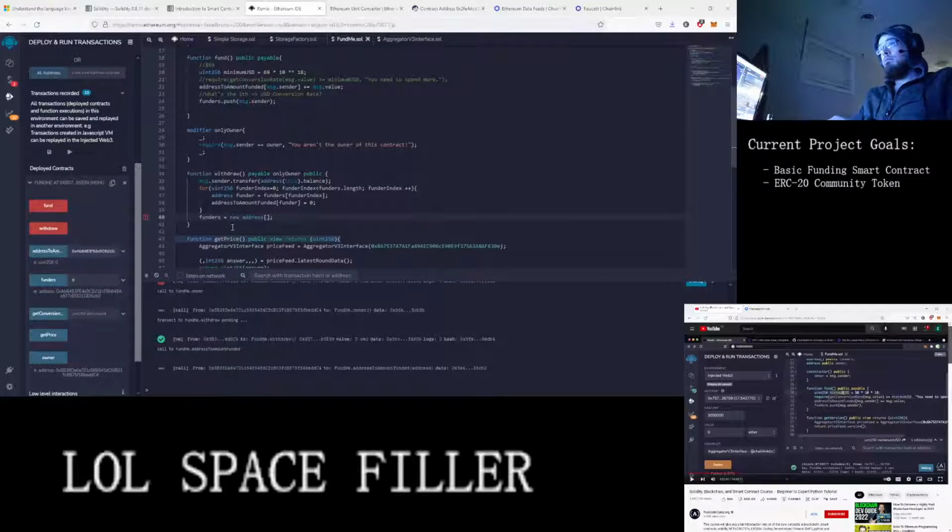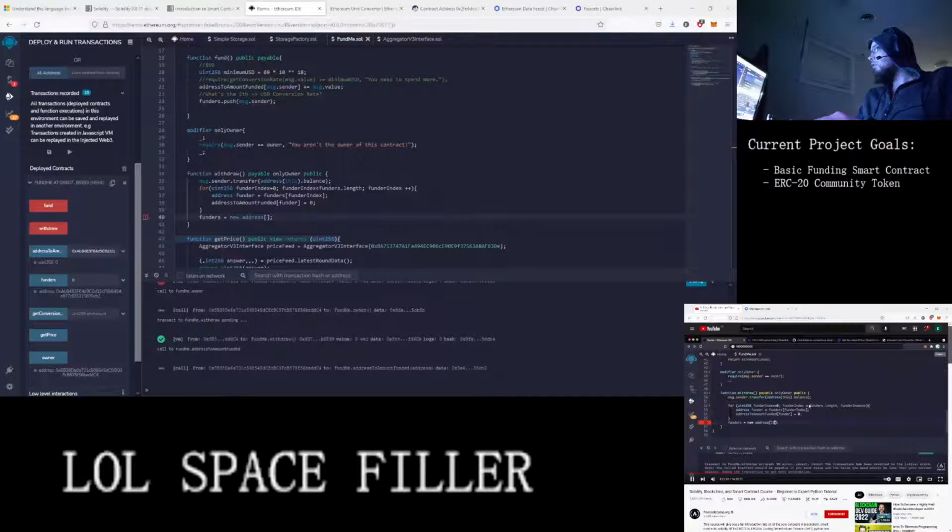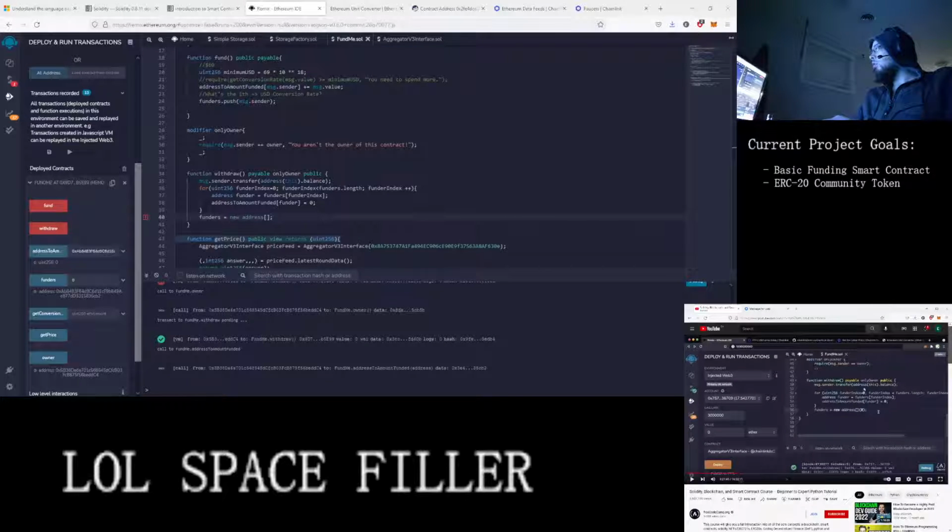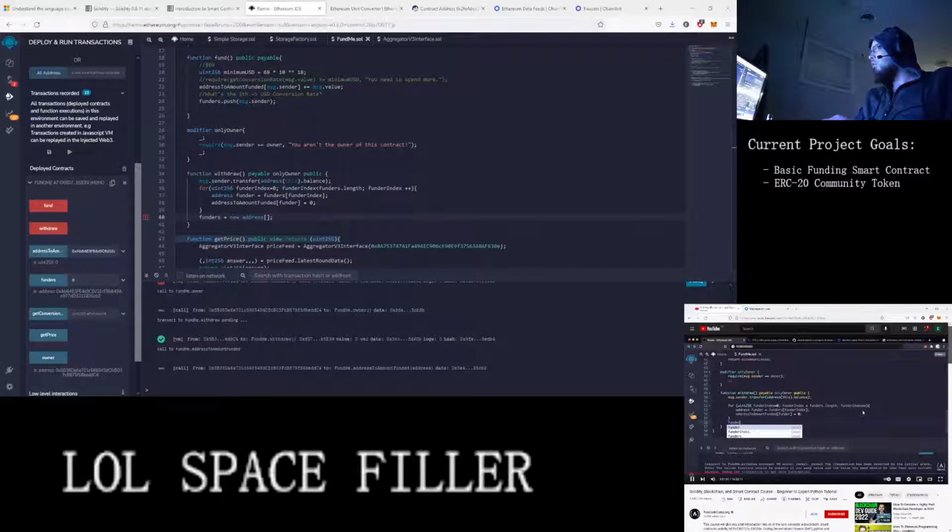And they have to... What did I do? So we could do funders equals a new blank address array. Okay, so